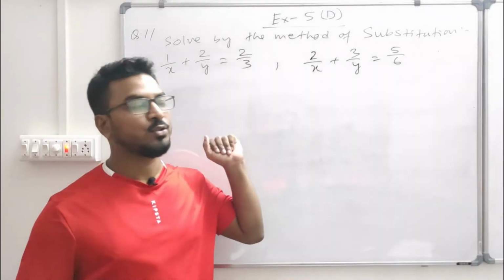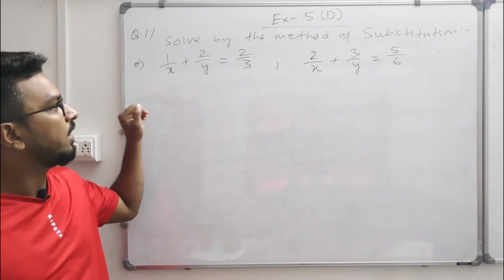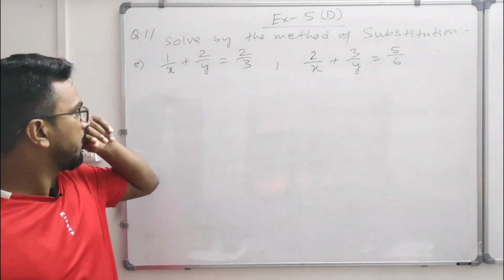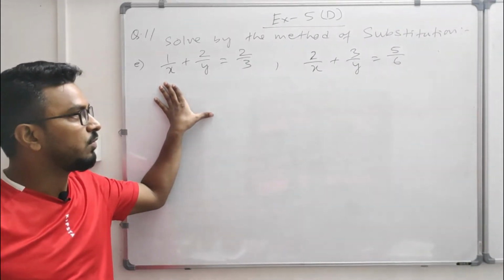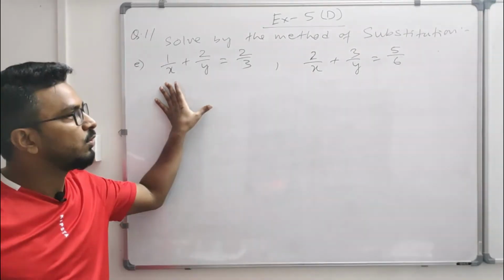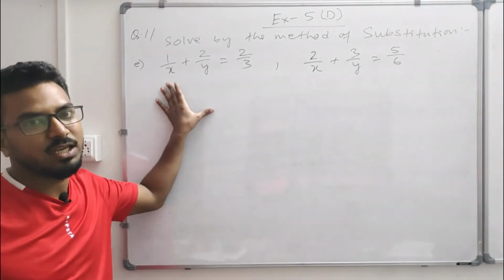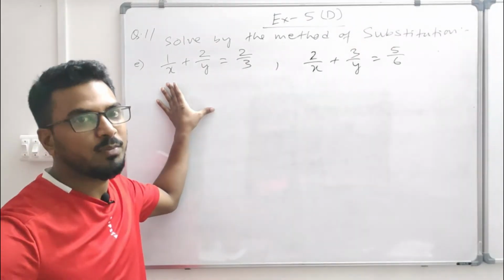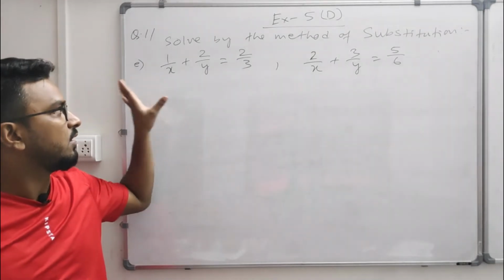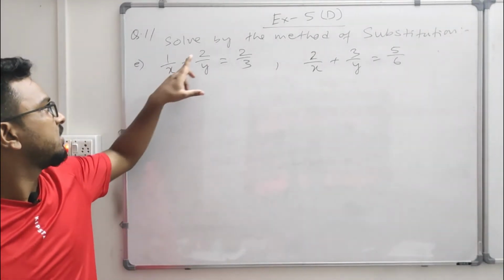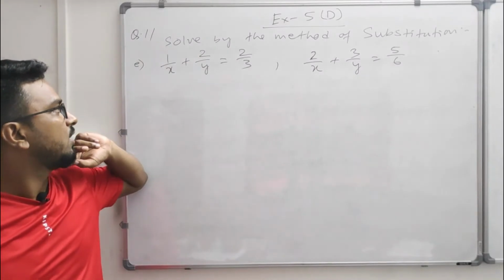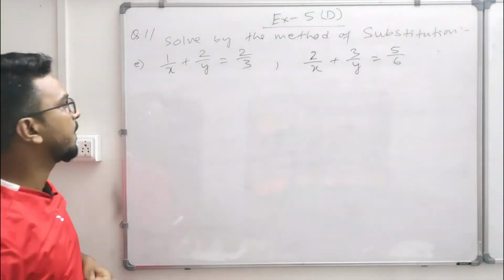So moving to the next question, question number E. Okay, so this is in rational form. We call it a reduced form. You have to change into reduced form. So all this type of question you will get in class 10 again in general maths. So better you clear it now itself. So 1 by x, here 2 by y it is given. So it may create some problem for you.